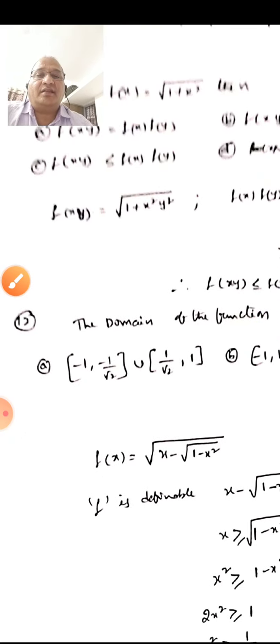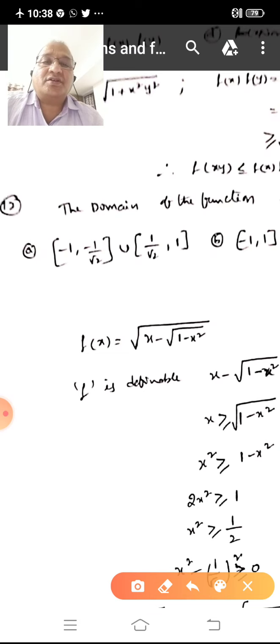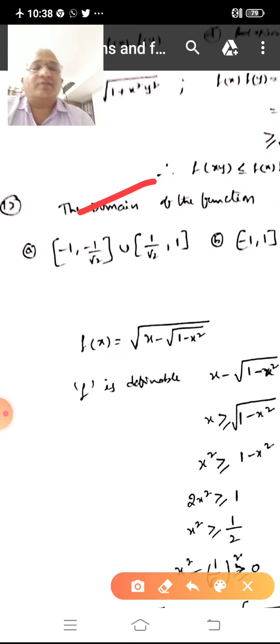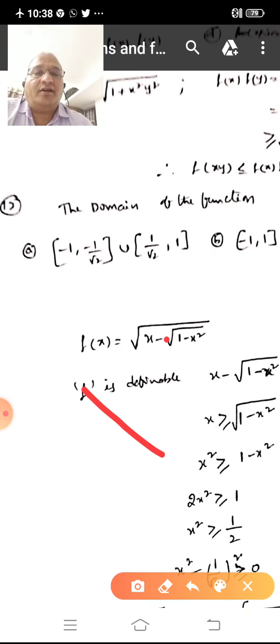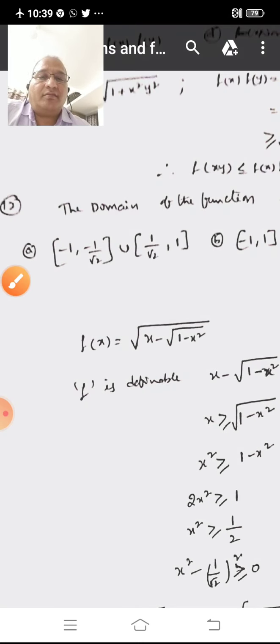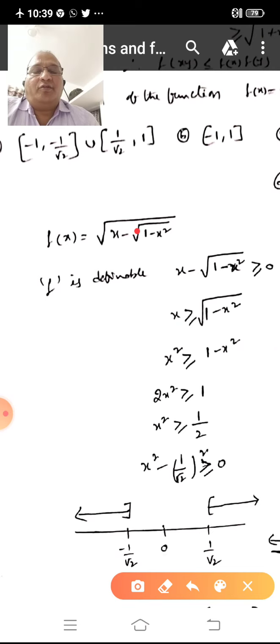once again I have taken a problem on the domain of a function, and today once again I am going to share hints and solutions of all these problems from that DPP textbook only. But in that book, the answer to this problem was given wrong, the 12th one. So there also once again the same concept applies. It is under root, and under root means that should be positive: x minus square root of 1 minus x square greater than or equal to 0.